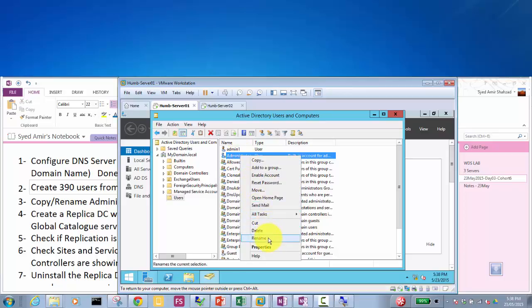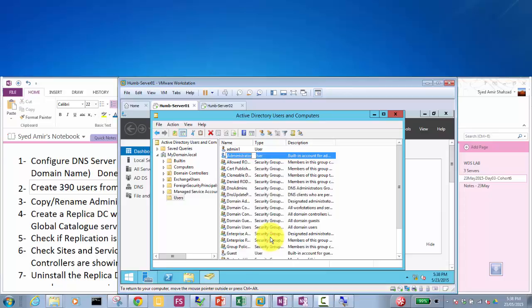Rename. Right click, disable. Now rename. Administrator, not admin1, administrator, right? So rename it to something the hacker should never get to know about. So I am not administrator. So this way the hacker